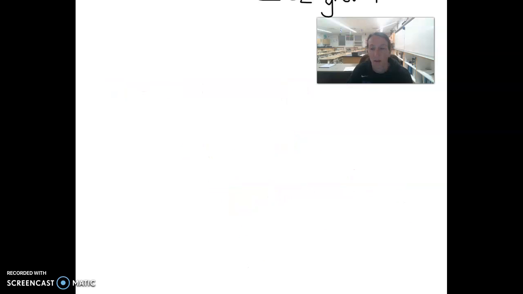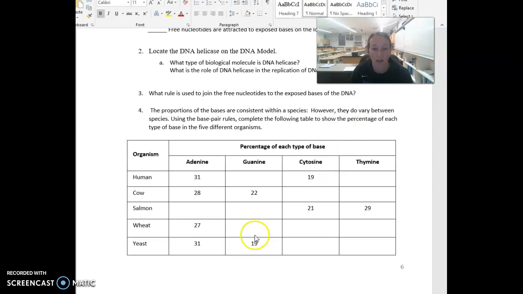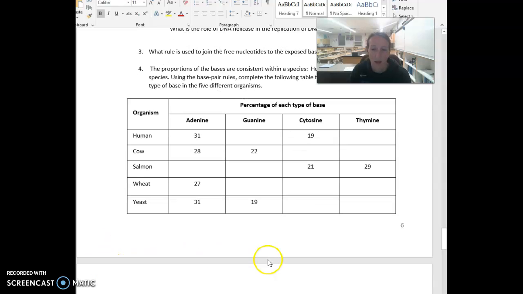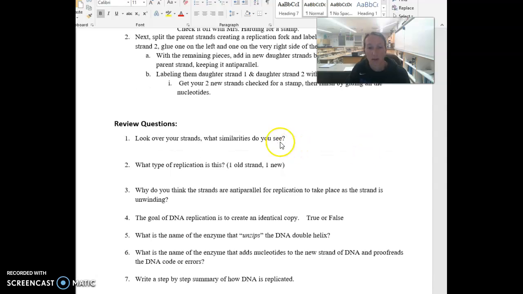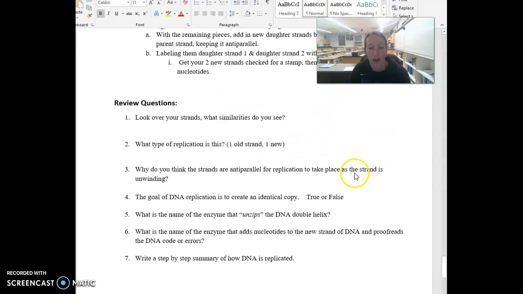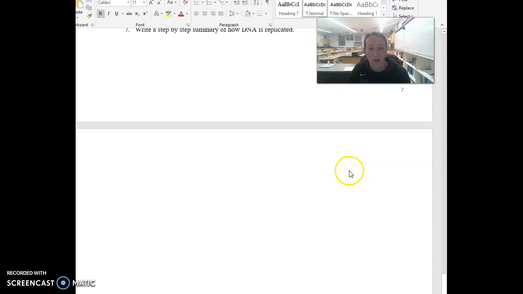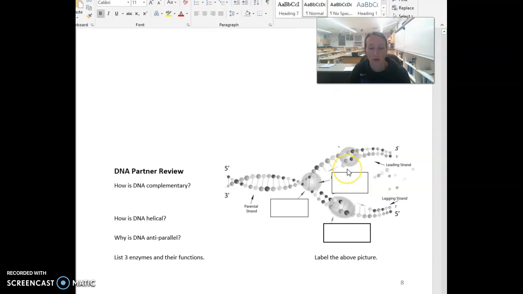All right, then we get on to our last question, and that has to do with yeast. 31% is adenine, so that means 31% will be thymine, 19% guanine, and that means 19% cytosine. All right, so that wraps up that page. Fantastic job there. Whatever time is left of the class period, I'm going to have you hop over